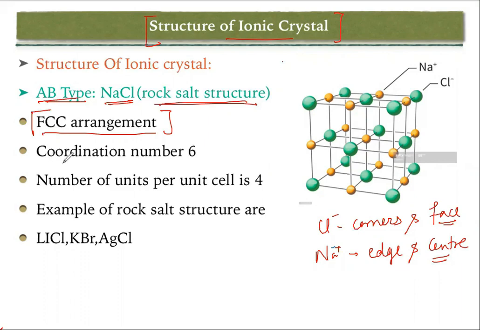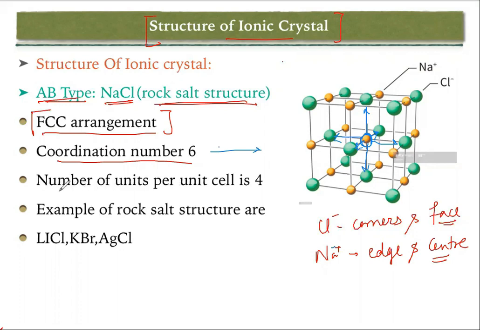Okay. Now in NaCl, the coordination number is 6. Now how is the coordination number 6? Just look at the example. So this is the center atom, the sodium atom. Now tell me how many atoms surround the sodium atom. If you see, this is 1, this is 2, this is 3, above there is 4, this is 5, and down there is 6. So the coordination number is 6.